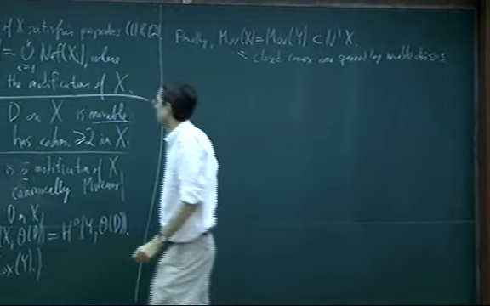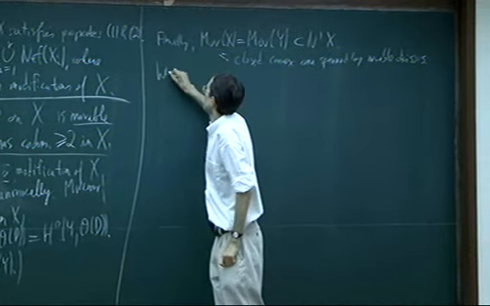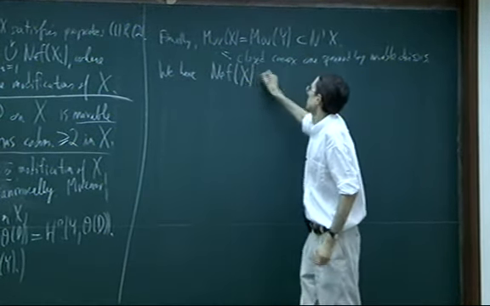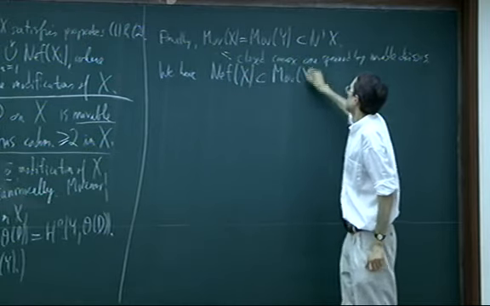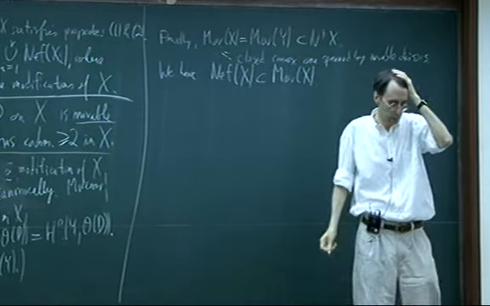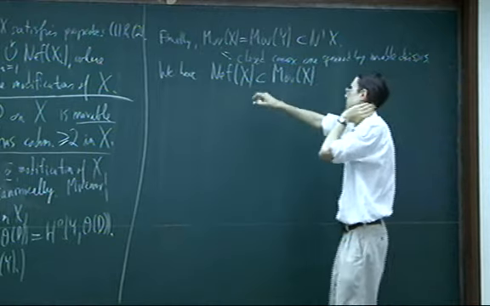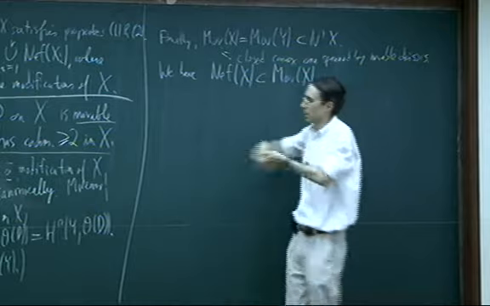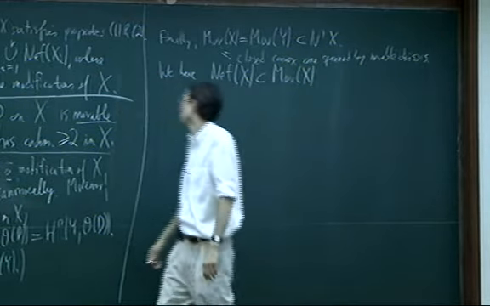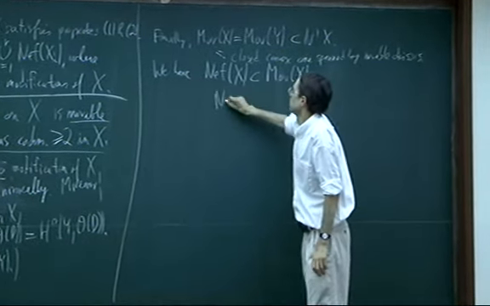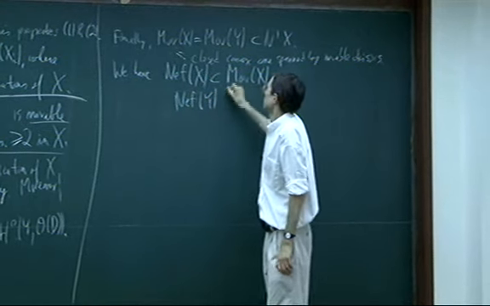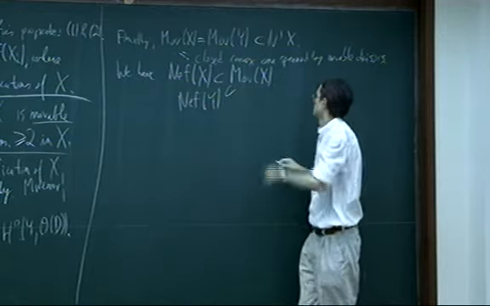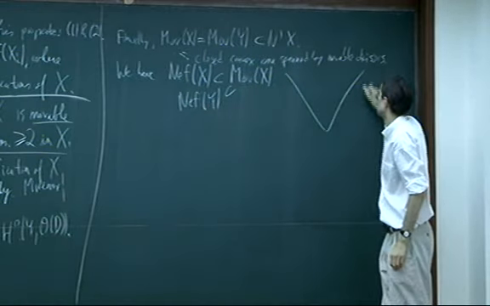So how does this work? Okay, we have the nef cone of a projective variety contained in the movable cone, just because, at least in the interior of the nef cone, you've got ample line bundles, and some multiple of an ample is obviously movable. So if you have some modification of a variety, then the nef cone of x and the nef cone of y both sit inside the same bigger cone, the movable cone of x.